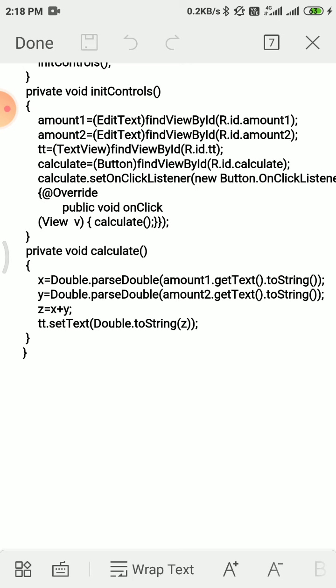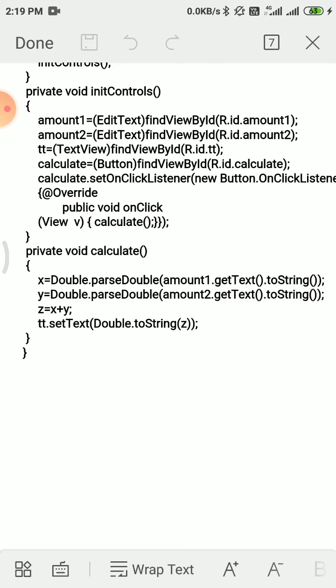In Java, the function is called a method. Here, private void calculate is the method where whatever entry or data is entered by the user in text box 1 is given to the x variable, and in text box 2 it is given to the y variable.